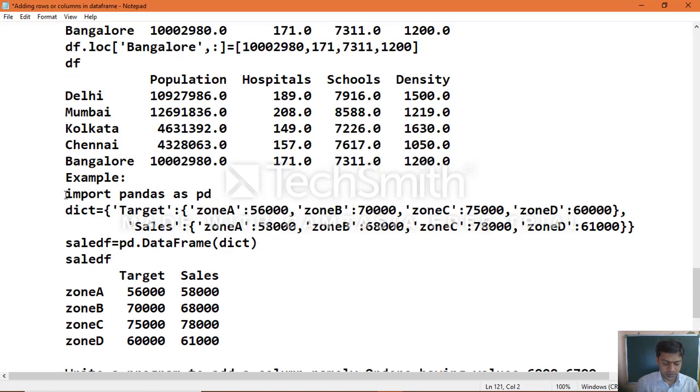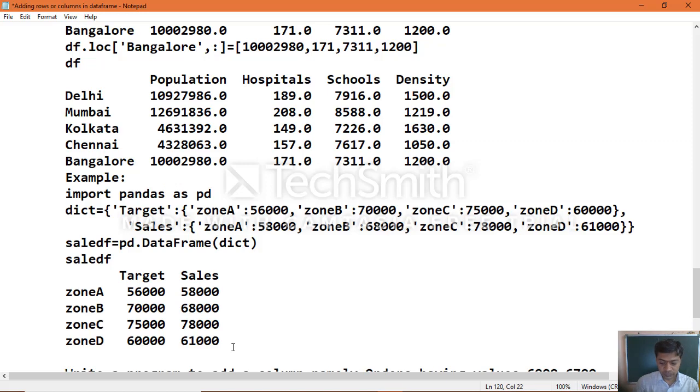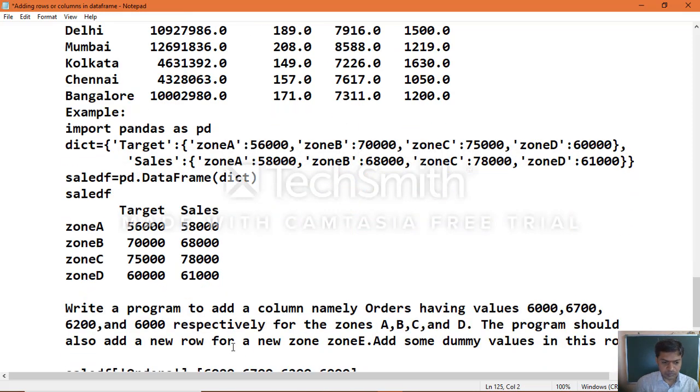which was given in the textbook. This is the actual data frame. For this, write a program to add a column, namely orders, having values 6000, 6700, 6200 and 6000 respectively, for the zones A, B, C, D. The program should also add a new row for a new zone, zone E, with some dummy values in this row.